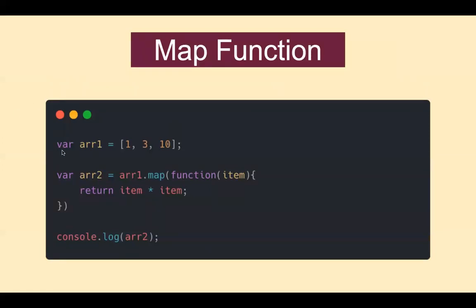Let's suppose I declare a variable array1 equal to 1, 3, 10. So basically there are three elements. Now I'm doing array1.map, assigning to variable array2, with a function taking item. I can write a function inside array1.map, and I'm saying take every item. 1, 3, 10 constitute individual items, so it iterates automatically over every item. It says return item times item. So in array2, I'll get the square of all the elements: 1, 9 and 100.